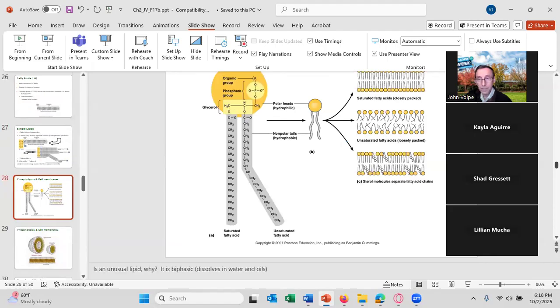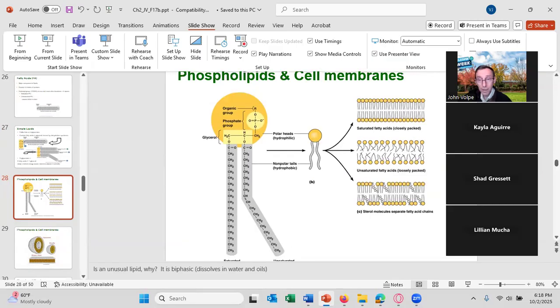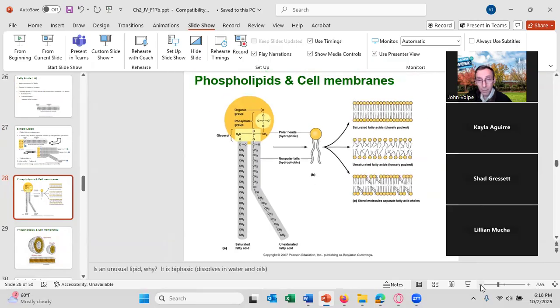All right, let's briefly talk about phospholipid. This is the one example of a lipid which is a polar molecule which can dissolve in water. A phospholipid has a phosphate group attached to the third position of glycerol. So here we have glycerol right there. There's the phosphate group. And it does have two fatty acids attached to it, with the third position taken by the phosphate group.